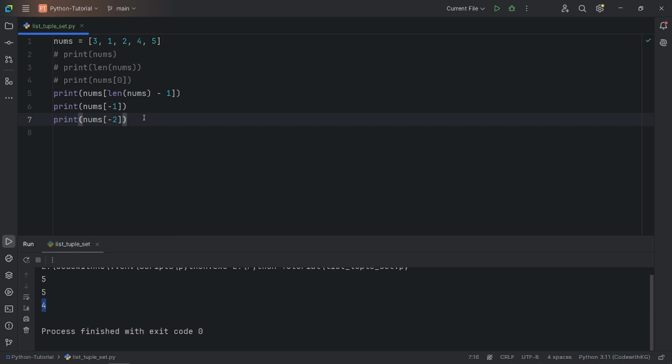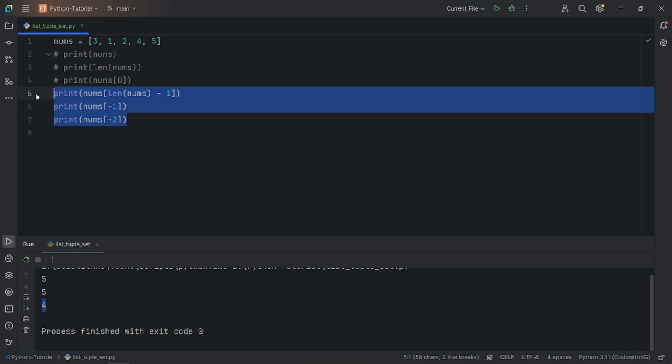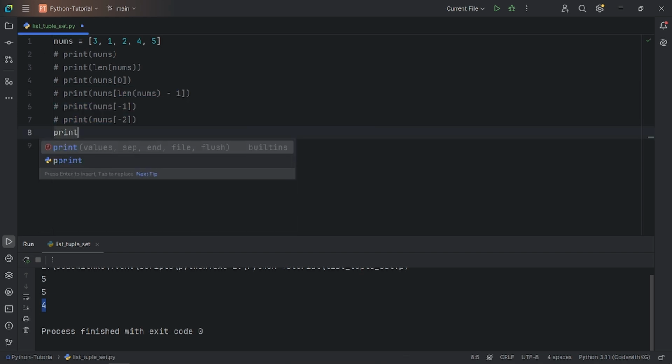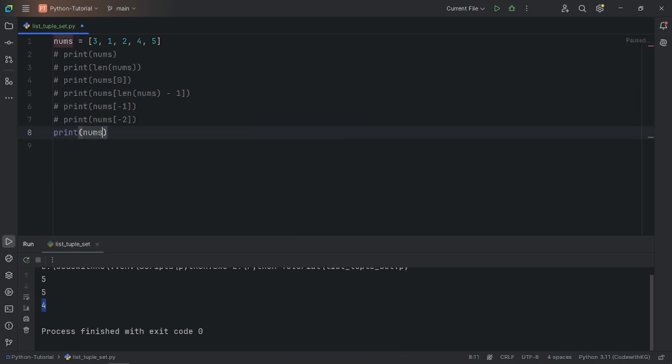So let's say यहाँ पर जो है I am just commenting all this line and all, range of elements को प्रिंट करना है, then how can we print that one? So यहाँ पर जो है हम स्लाइसिंग का यूज कर सकते हैं। अगर आपने मेरा स्ट्रिंग का वीडियो देखा होगा then वहाँ पर भी हमने ये स्लाइसिंग मेथड का यूज किया है to print the sequence of the characters from the string. So सेम यहाँ पे भी Python सपोर्ट करता है।